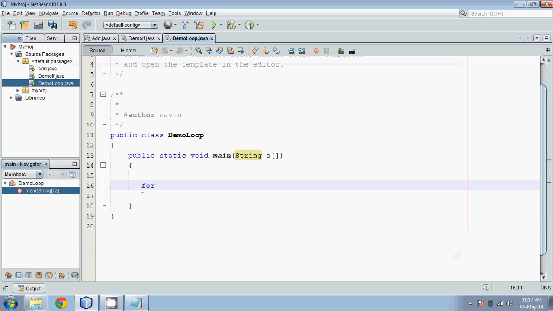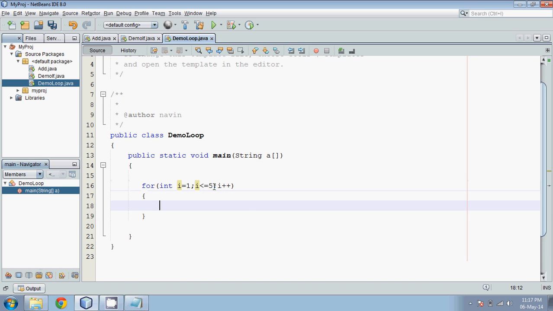So we'll say for. Syntax is, first you have to give initialization variable, so we'll say i equal to 1, and then we require conditions. So we'll start with 1 and it will go till 5, and then we will say i plus plus. Now in this, what I need to print is, I need to say s out, and at a time I need to print only 1 star. Okay, simple, right? When I say 1 star, and now if I run this,